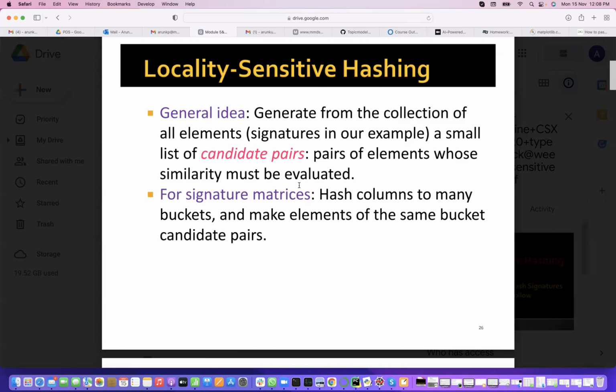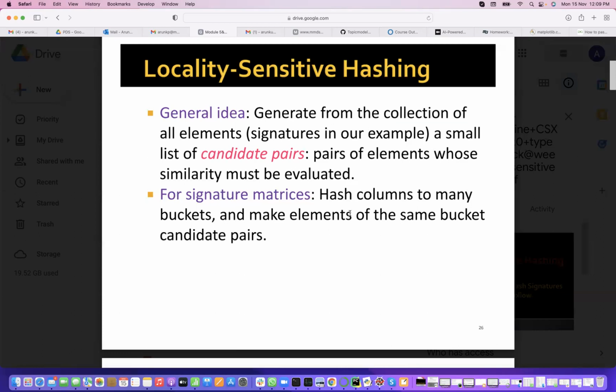That is the idea. So if you have, suppose, 100 documents, how many pairs do you need to evaluate? 100 C2, right? What is the 100 C2 number? Almost 10,000 divided by 2, so 5,000. It is n square complexity, and 5,000 is a very big number. So can we reduce it, without looking at these 5,000 pairs, taking only 100 pairs, and the remaining have very minimal possibility to be similar? We are trying to reduce the number of pairs to be evaluated.